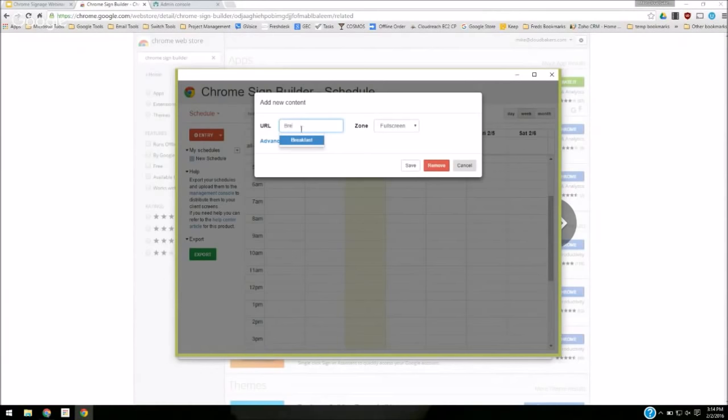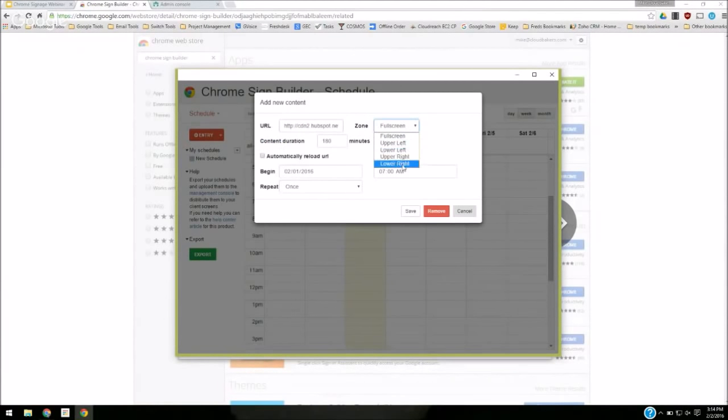So I can start typing in breakfast instead of pasting in a URL, and you'll notice down the autocomplete shows me the URLs that I already threw into our collections. So I'm just going to click that. It'll paste in the URL for me, and I'm going to choose full screen here. And I'll show you the example a little bit later for a few different configurations that we have here for doing different zones. Our content duration is filled in automatically since we selected it and clicked and dragged in the